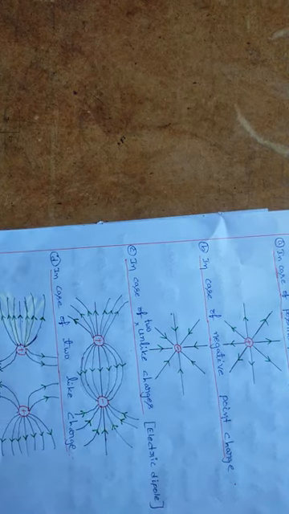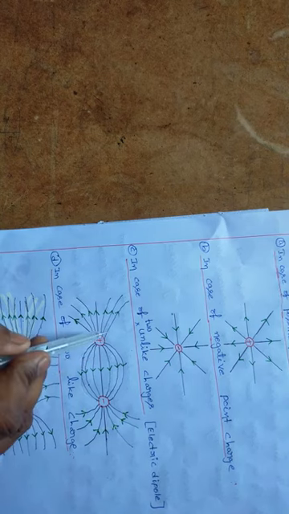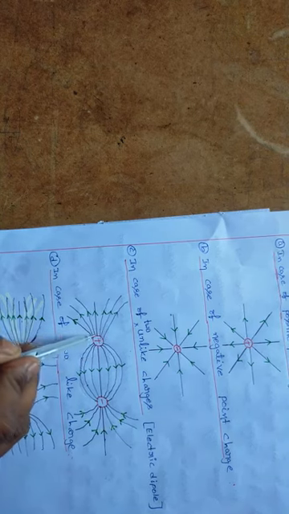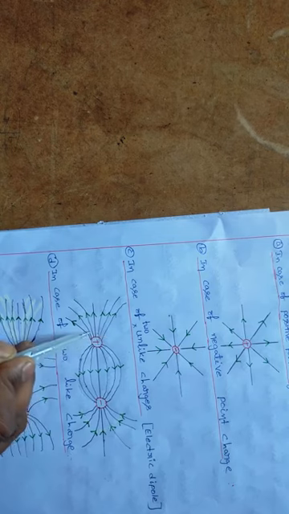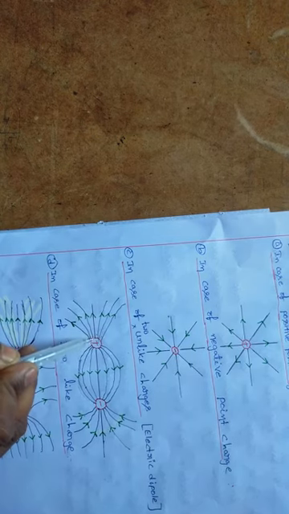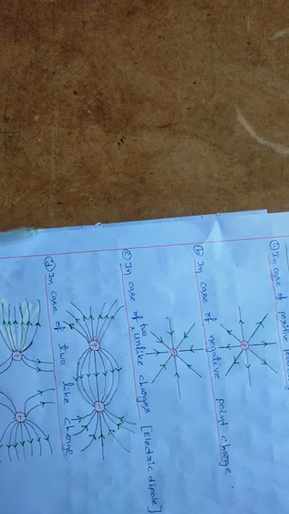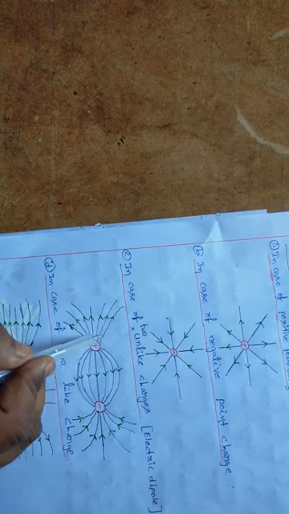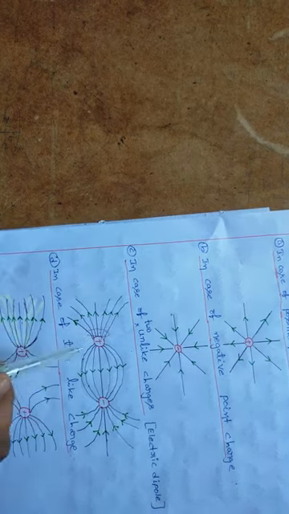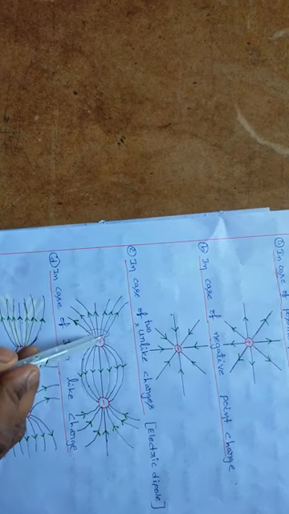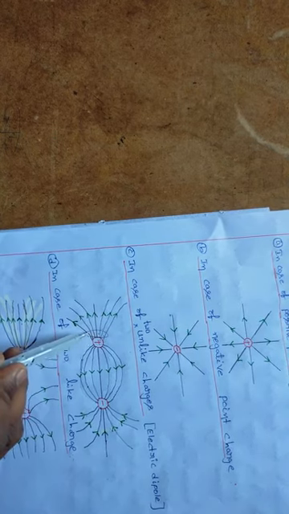Here, listen to me for one thing. Where the electric field lines are gathering, that means there is a crowd of electric field lines, at that point the electric field is maximum. That means nearer to the charge the electric field is maximum, and away from the charge the electric field is minimum. At any one point, consider an area like this. In this area, how many electric field lines are there? 1 2 3 4 5 6 7 are there.